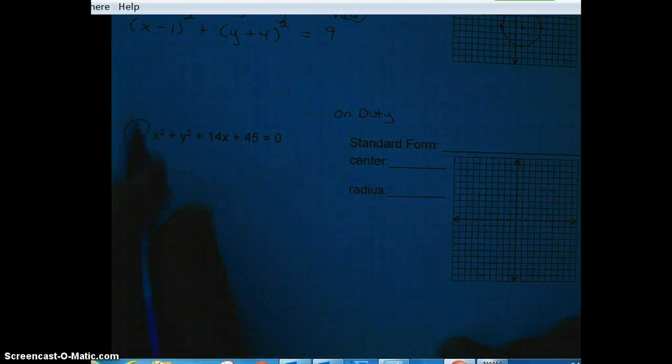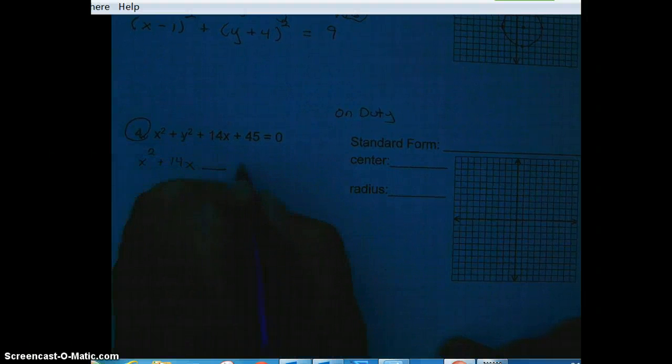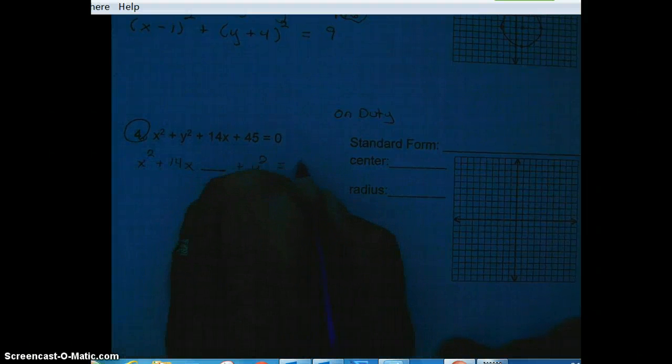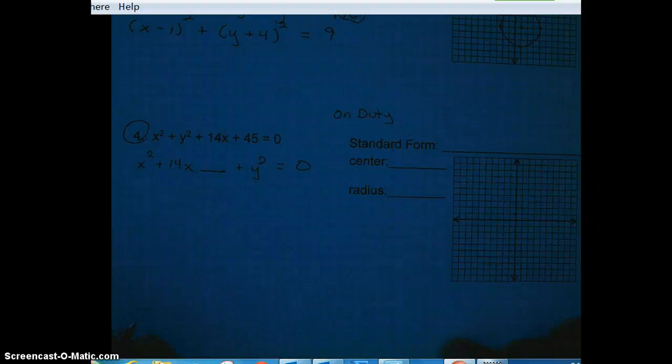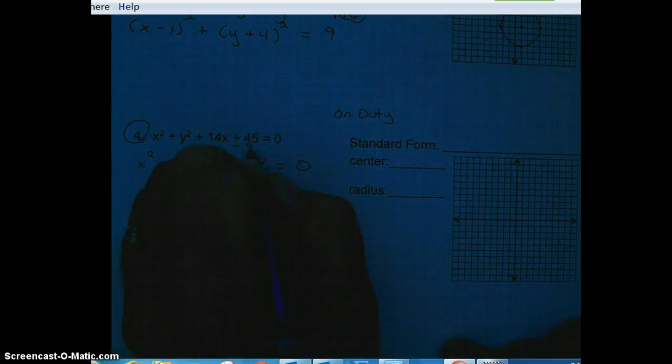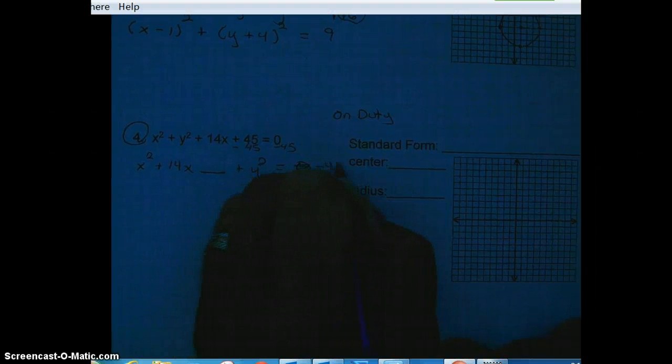On this one, just notice here that when you group them, the x's are going to group. Okay, but notice the y squared doesn't have another y term. So it's just going to stay by itself. Whoops, forgot to move the 45 over. No biggie. There we go. So when you just get a y squared term like that, that's the same thing as,